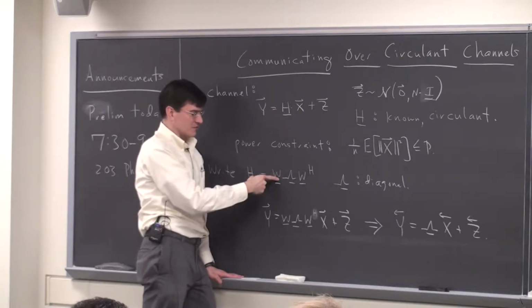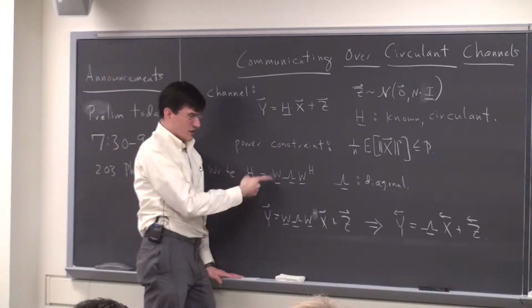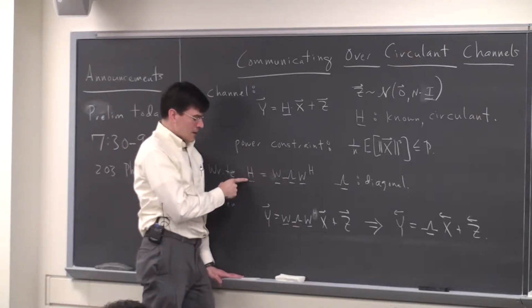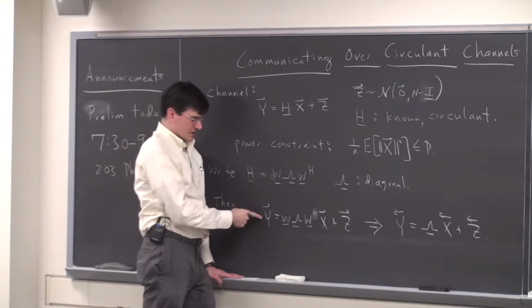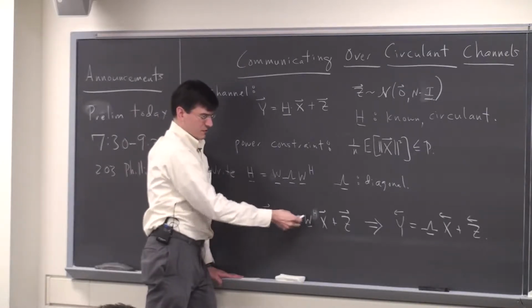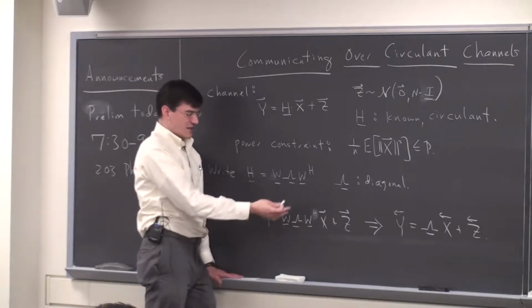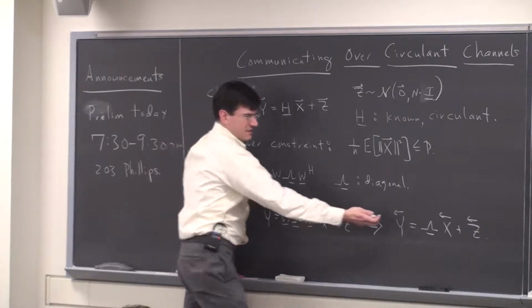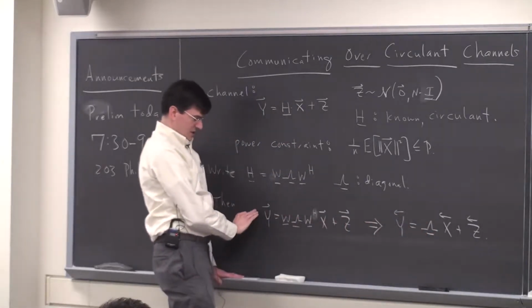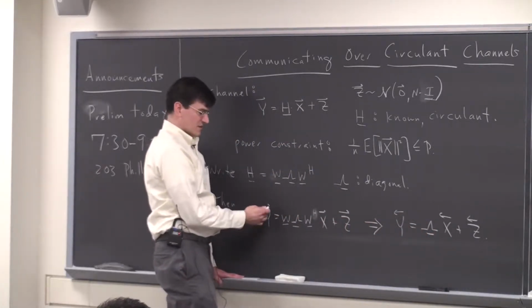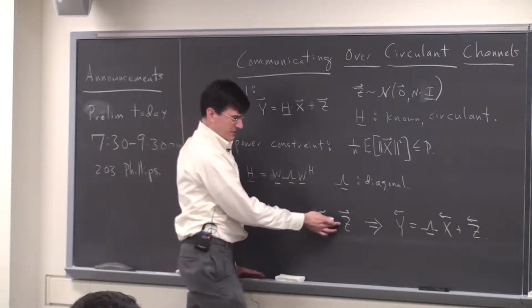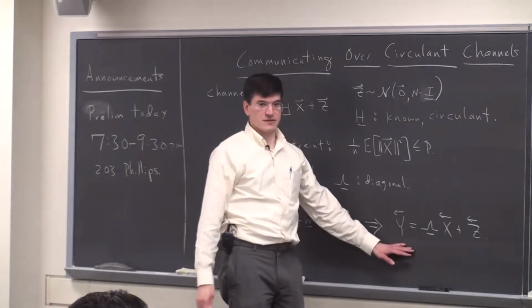That fact may or may not be useful later today. Anyway, we can use the decomposition right now, at least this decomposition part, not so much the eigenvector eigenvalue part. If I know H can be decomposed like this, then I can write Y as H in its decomposed form, X plus Z. If you take the DFT all the way through, interpret W Hermitian X as the DFT of X, and then multiply through by W Hermitian, that converts Y to its DFT version, and you get the DFT of Z, so you convert the whole channel to this.